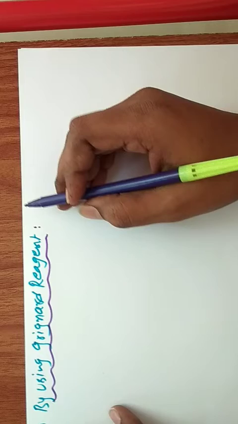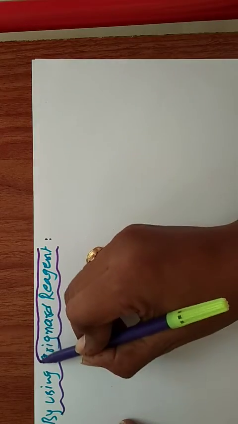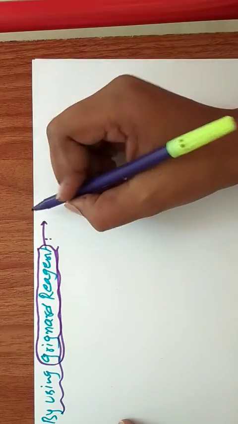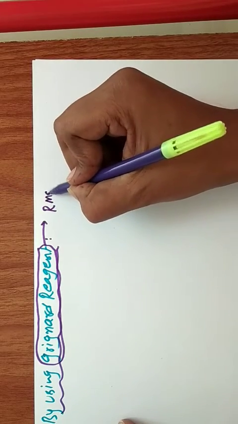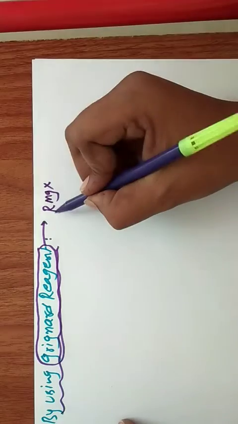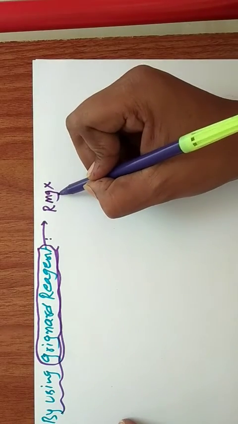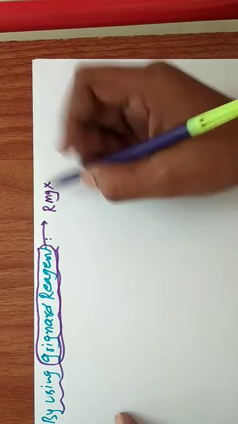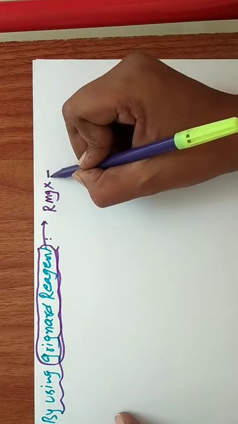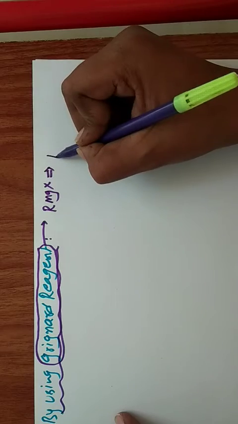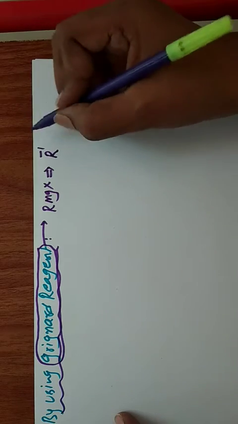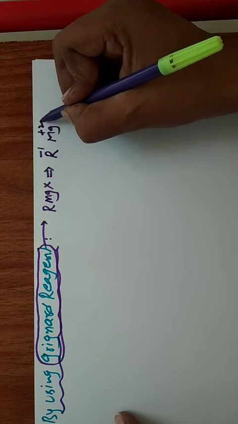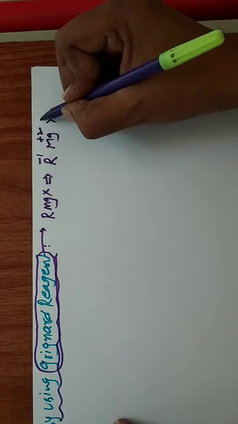What is the meaning of Grignard reagent? Grignard reagent, we already discussed in preparation methods. RMgX. R is the alkyl group, Mg is the magnesium, X is the halogen atom. This is the Grignard reagent formula. So here in this Grignard reagent, listen, R charge is -1, magnesium, a second A group element, is always +2, X is -1.